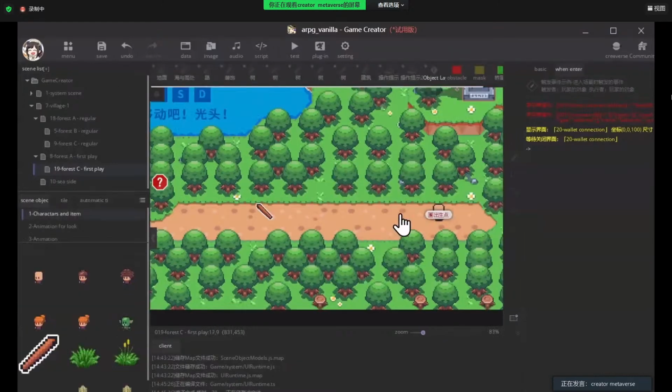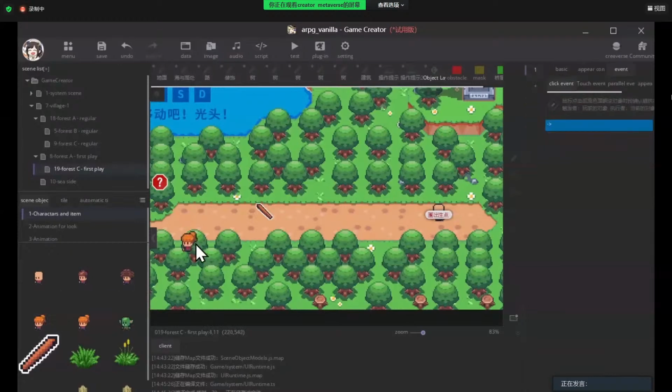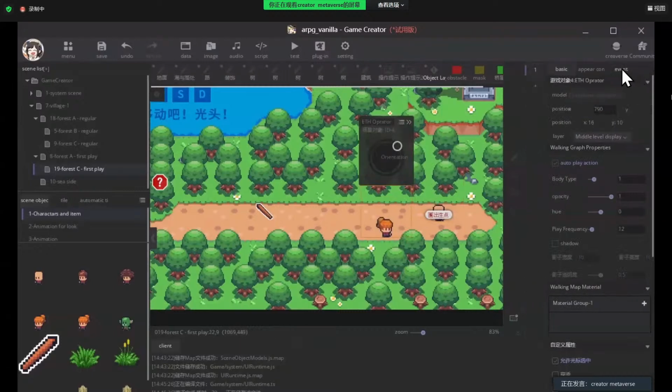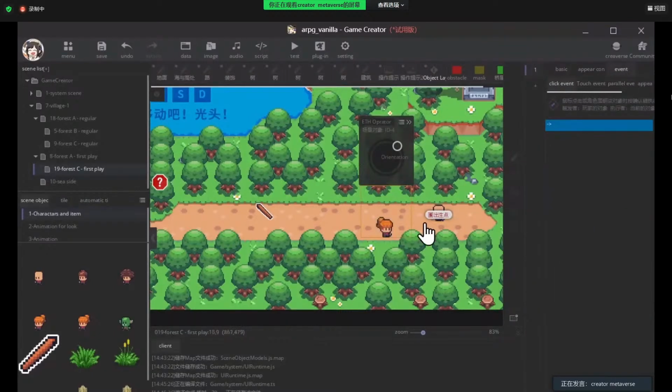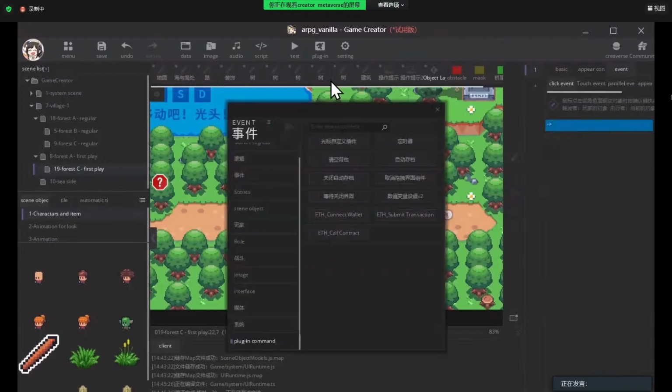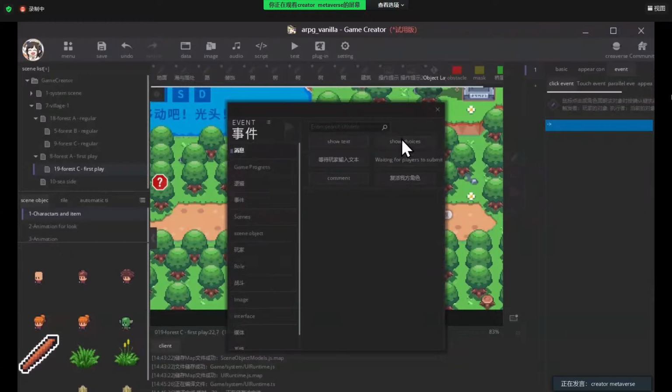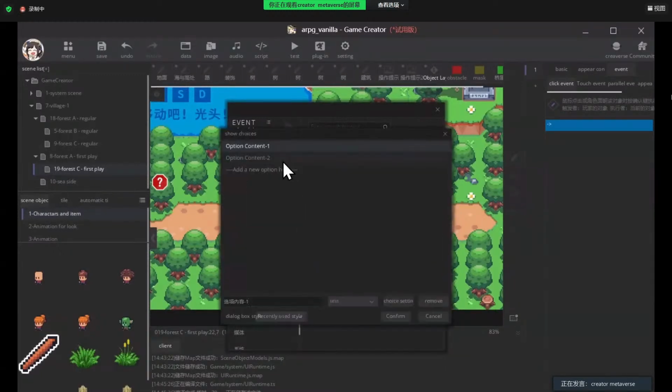All right, now we're going to create an NPC to interact with our player with the ETH smart contract. Adjust the orientation and name this NPC as ETH operator. And then we create a click event for this NPC. So first, when our player clicks on this NPC, we would like to show the choices.